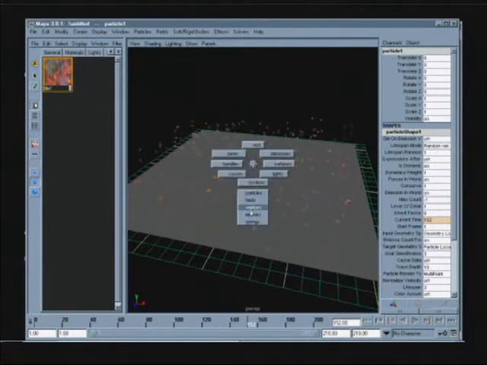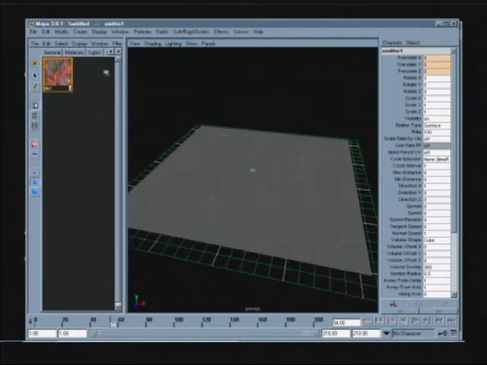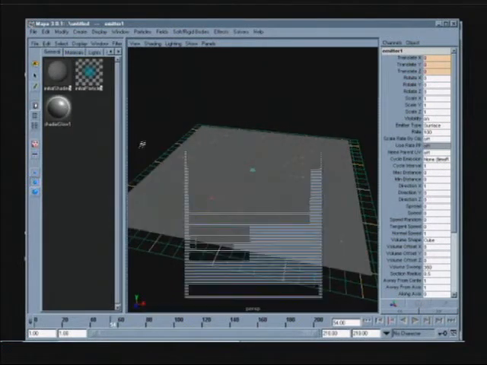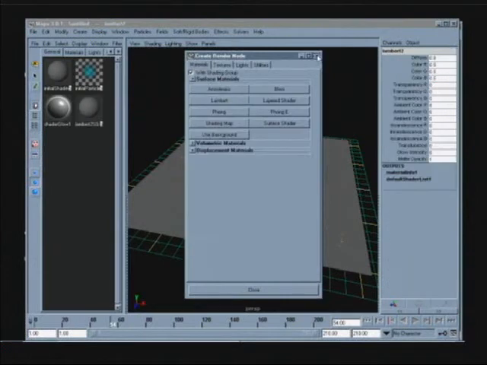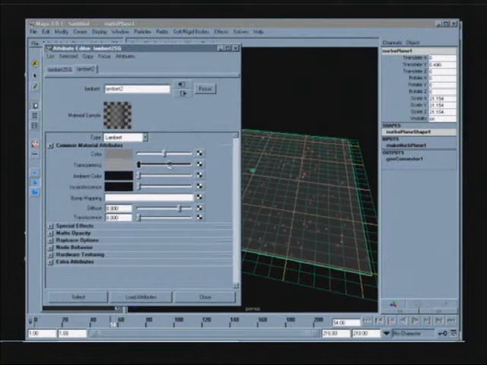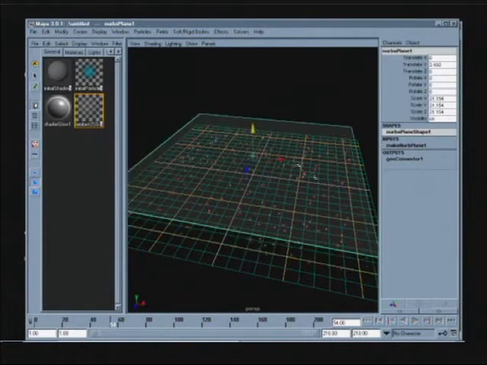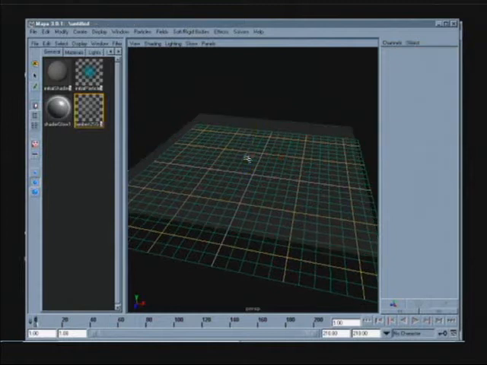And then I'm going to grab my emitter. I'm going to put the speed to 0. Okay. So they just sort of appear on the surface. And then for my surface, I'm going to create a Lambert shader, which I'll assign to it, so that I can make that surface a little bit transparent, so it's not really so visible. And let's move that surface up a little bit. And then now for the emitter,